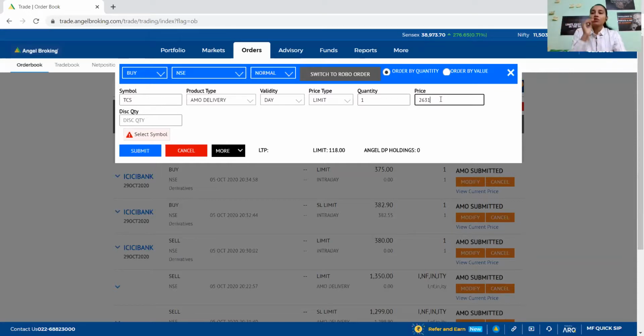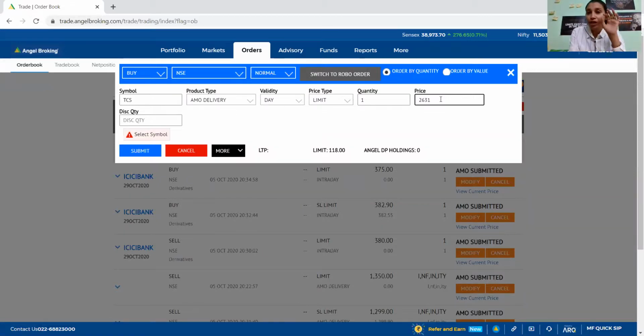So this is the way. Just 5 paisa above, 50 paisa above, and for buying Nifty, 10 rupees above or 5 points actually works. Immediately your trade will get executed. So in the buy case, a higher price. Similarly, in the sell case, suppose you want to sell at 2600, you can just place it 2599, 2598 immediately, so your trade will be executed immediately, like 1 rupee below.